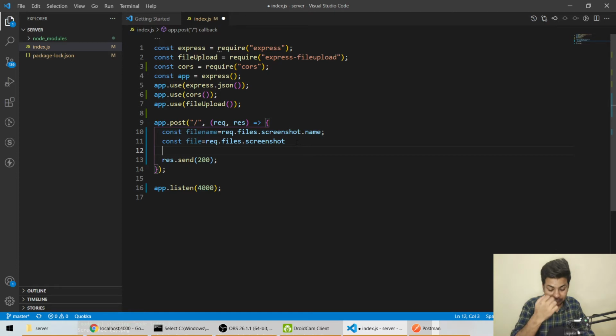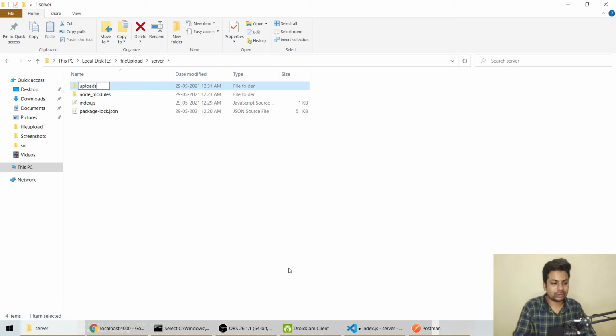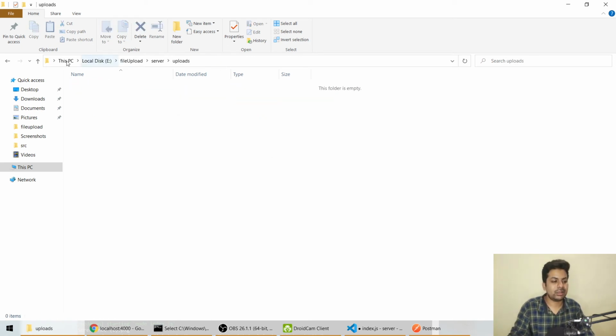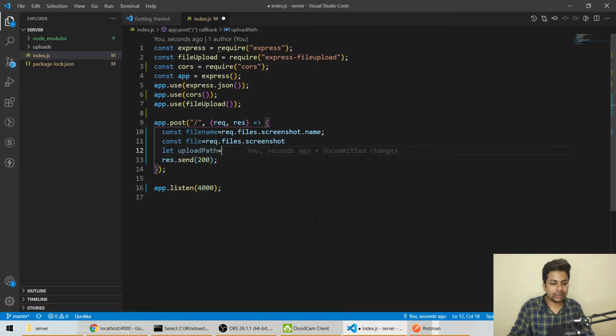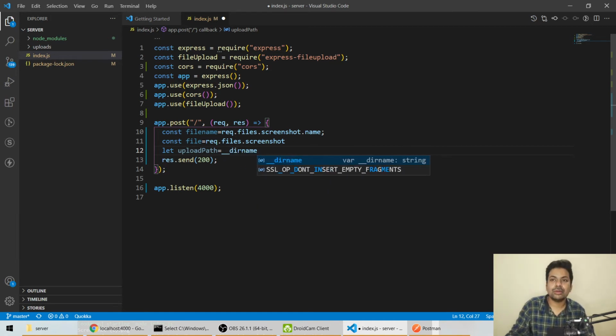Then I'll say let uploadPath, the name where I want to save this file. This is the path where I'm running the script, so I'll make a folder and name it uploads, where I upload every file. Let's go back to index. In uploadPath, I'll take __dirname.